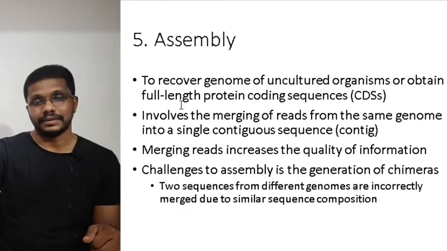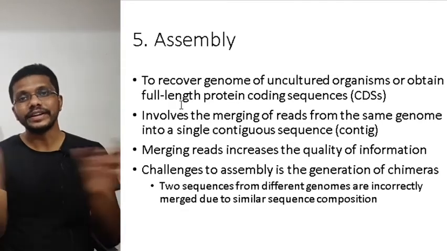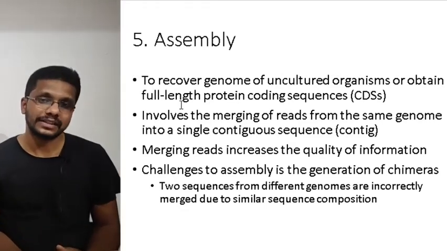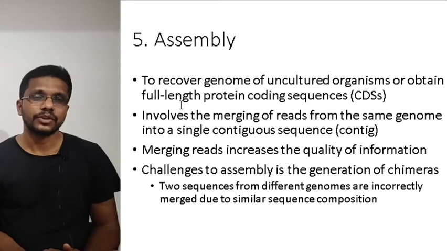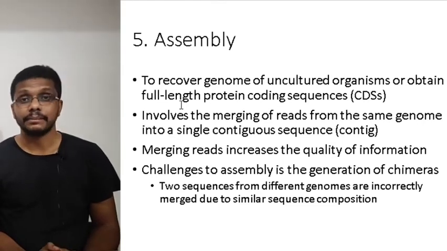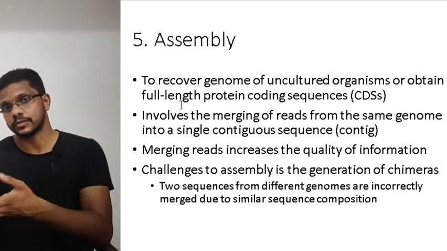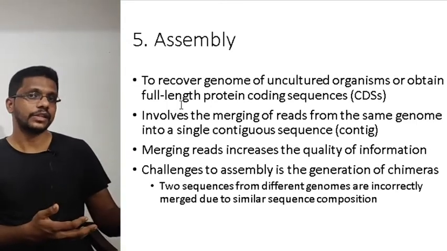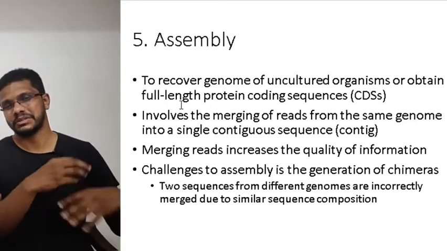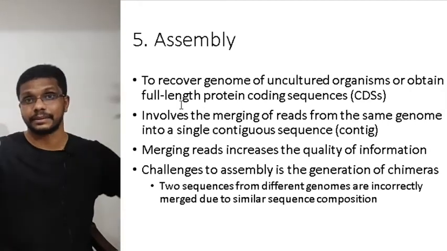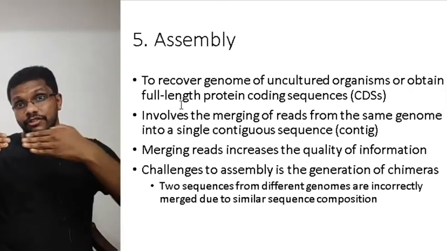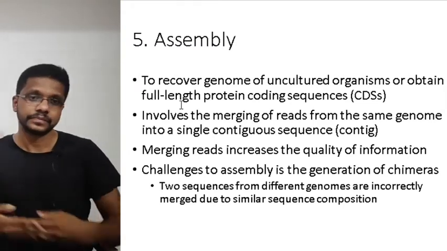The next step is assembly. Assembly is joining the sequences together. So that part is called assembly. In shotgun sequencing, we need to do the joining of the sequences. But doing it for a single genome is very easy compared to doing it for 1,000 genomes together. If you are taking an environmental sample, it will have different types of microorganisms. So when we are sequencing it, you will get a mess. Different types of sequences will be there simultaneously. So we need to find which sequence fits where.